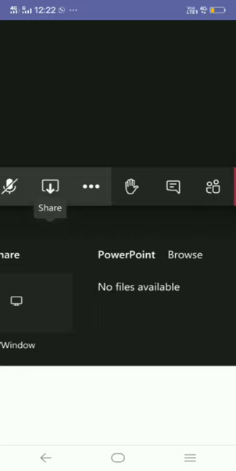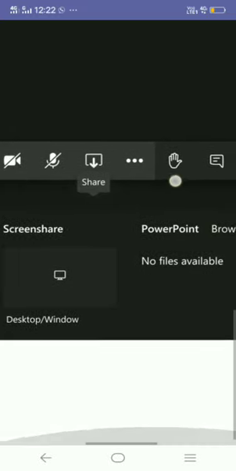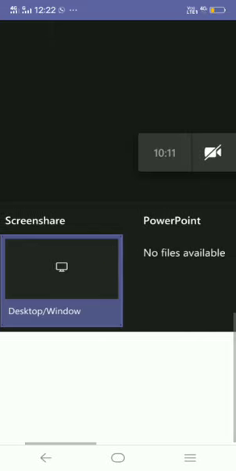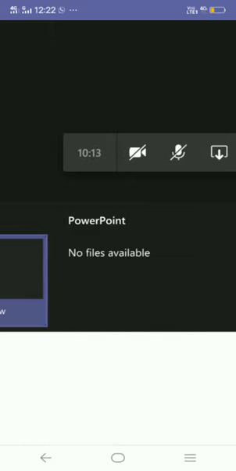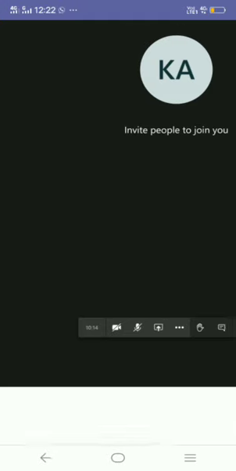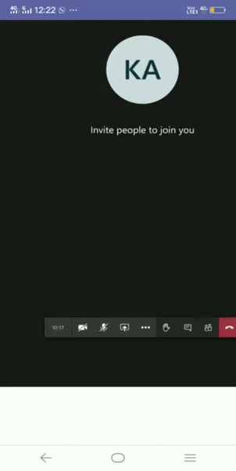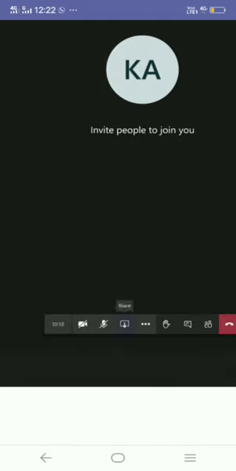different options. The first is that I don't want to show my screen, so I just cross this. Now I have the mute option. I can mute myself by clicking this, and this option is for screen sharing, which means you can share the screen of your phone. For example, right now I have not opened anything, so if you want to share anything from your phone, then first you have to open it on your phone, and afterwards that option will appear here.